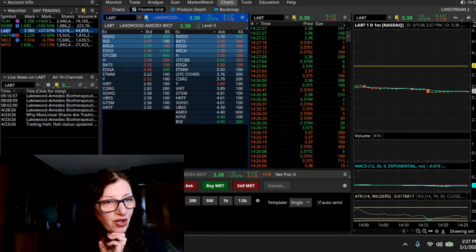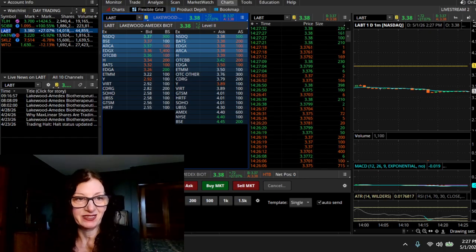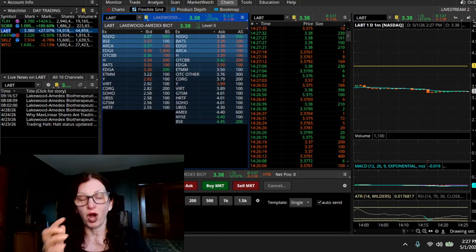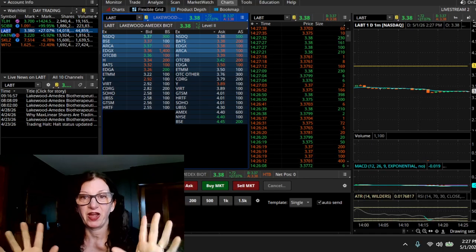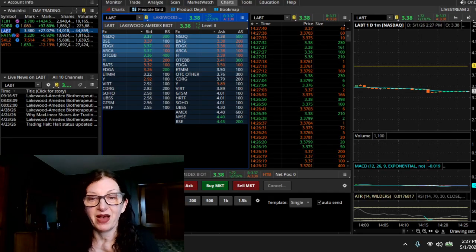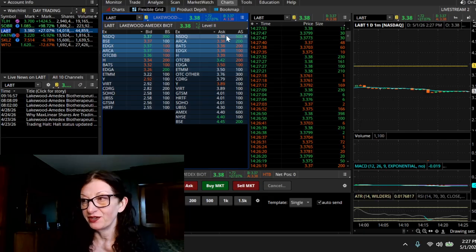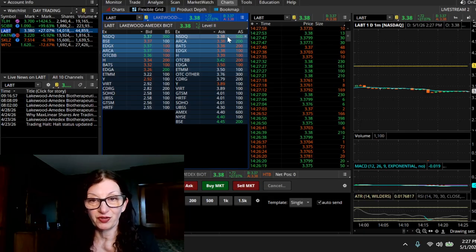So again, the gap between the bid and the ask is called the spread. And this is what I want you to understand about the spread. And this is why one of the things that's important about the level 2 is that if I buy, okay, this is someone who wants to sell 500 shares at $3.38. If I buy 100 of those shares at this price at $3.38,